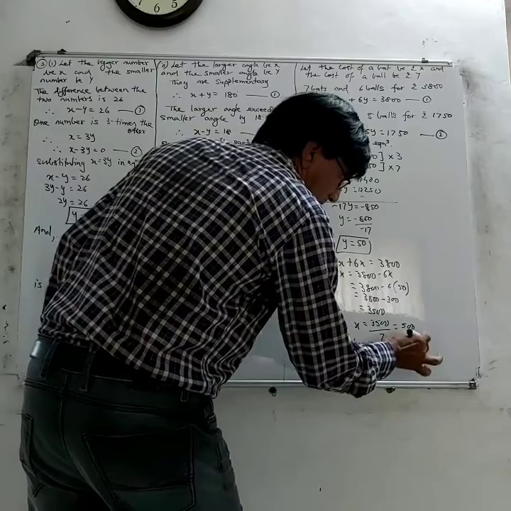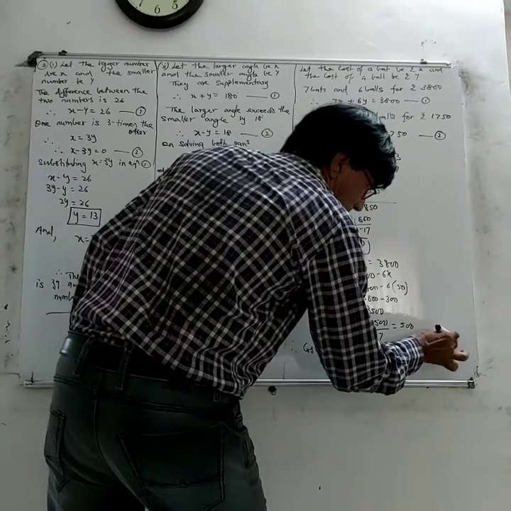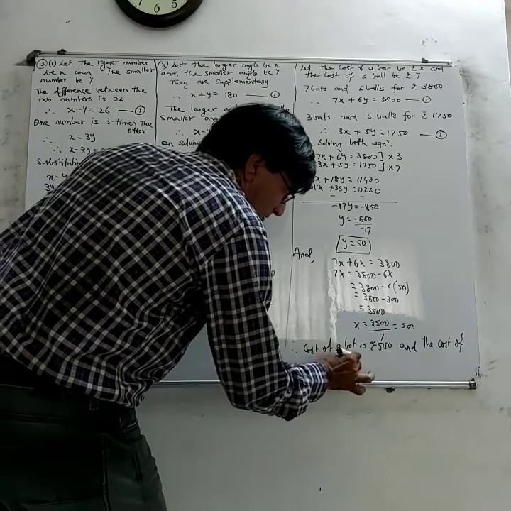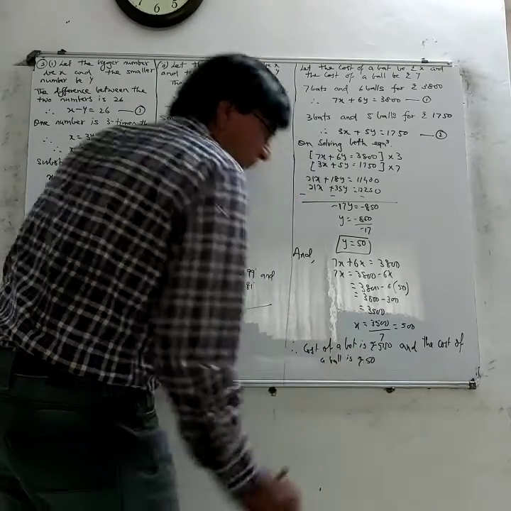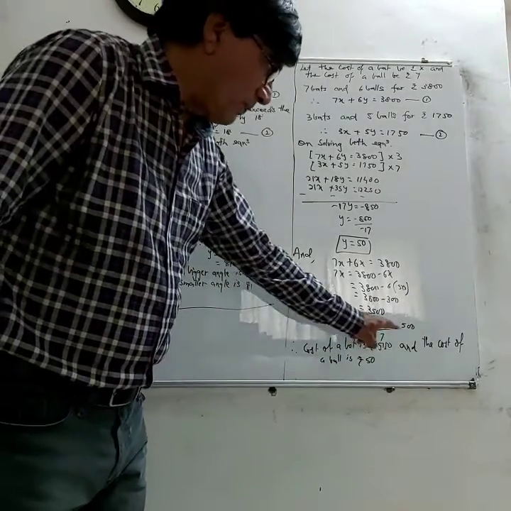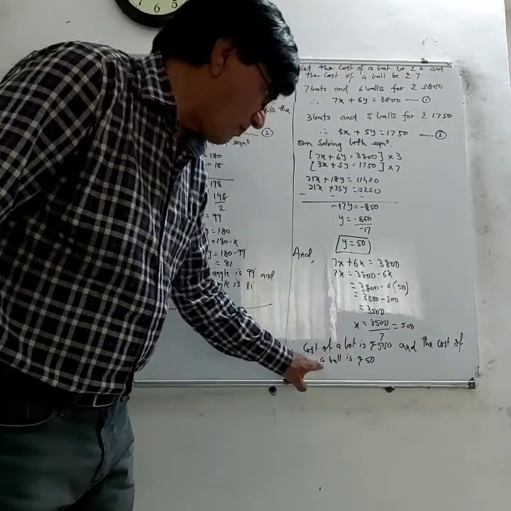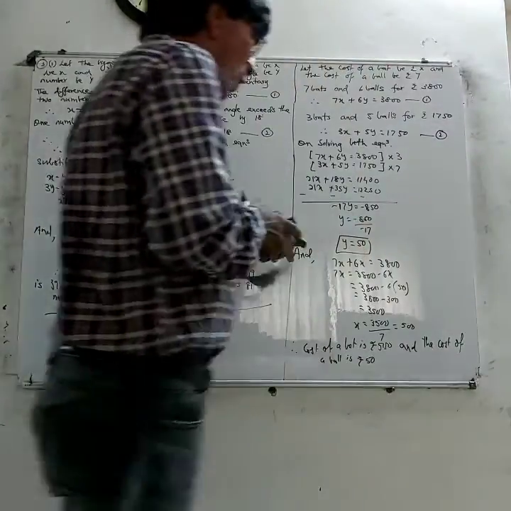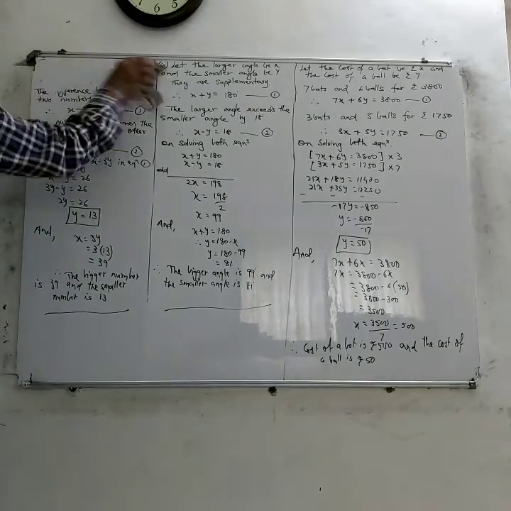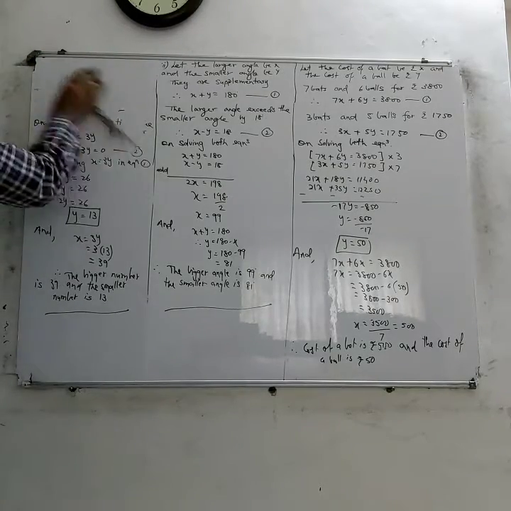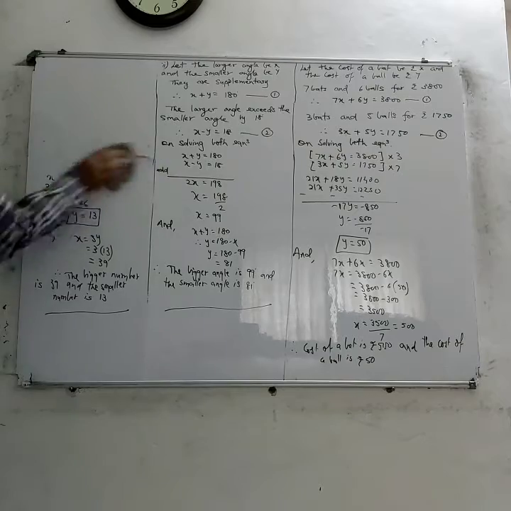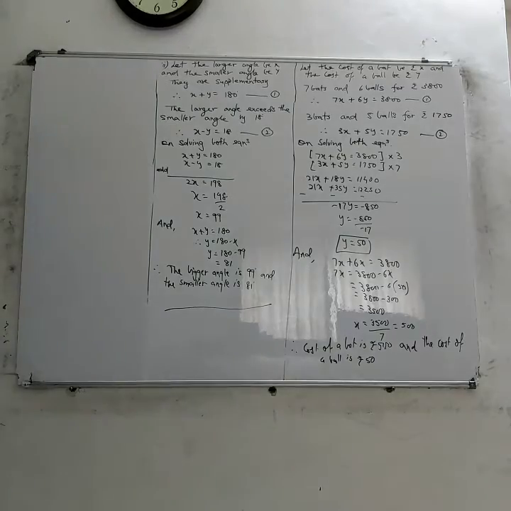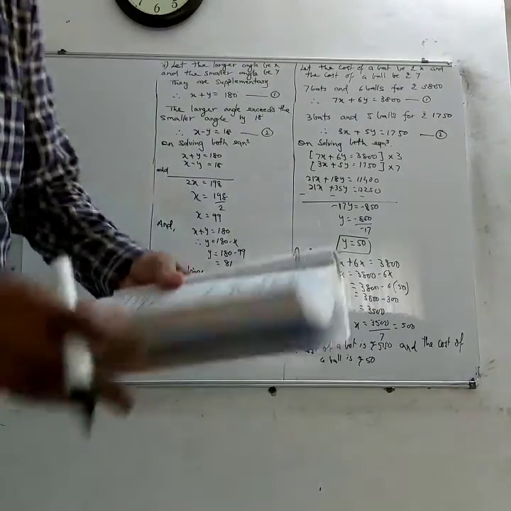and the cost of a ball is rupees 50. Okay, the cost of a bat is rupees 500, and the cost of a ball is rupees 50. These are word problems and you can solve them by substitution method or by elimination method. Prefer elimination method because it is always faster and easier. Generally, you will not be asked to solve by any specific method.